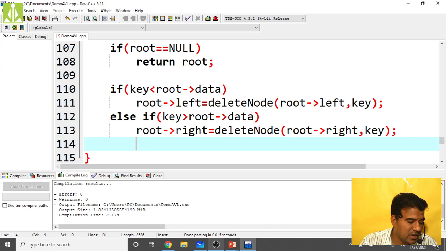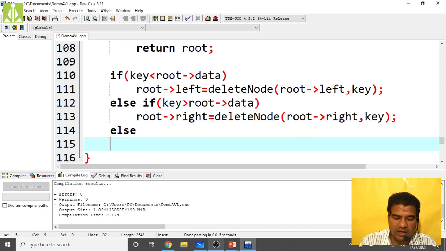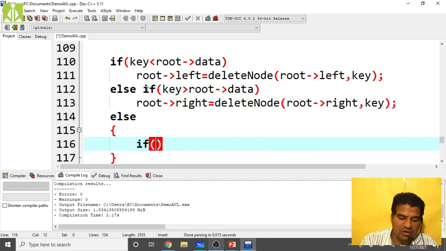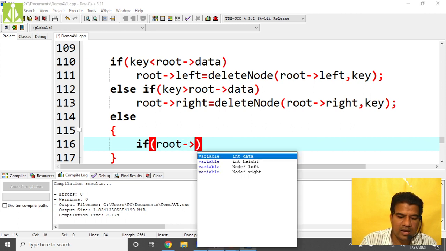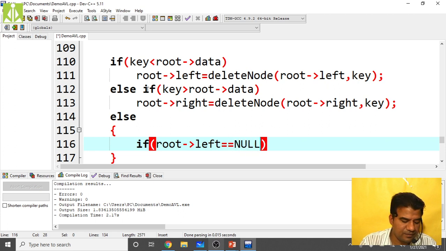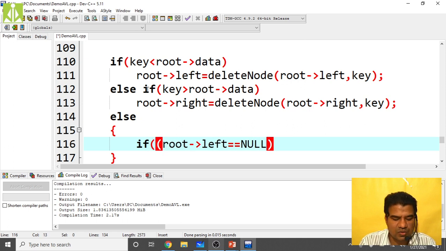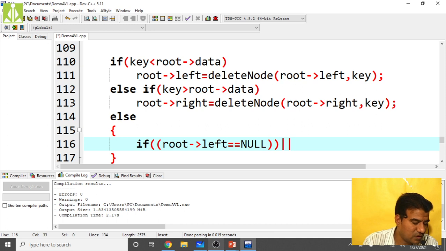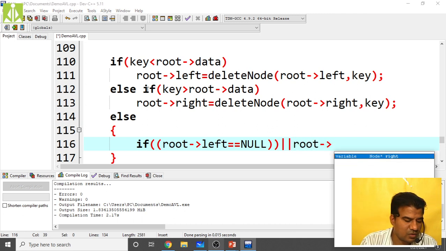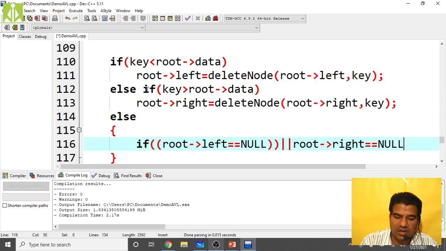Okay, if it is the same key as the root node, then in the else case you have to perform: if root of left equals to null, I have to take another parenthesis over here, just go to the end and put the parenthesis closing, or root of right equals to null.